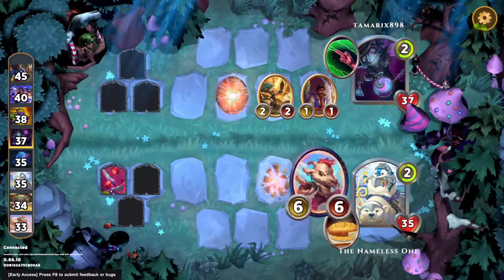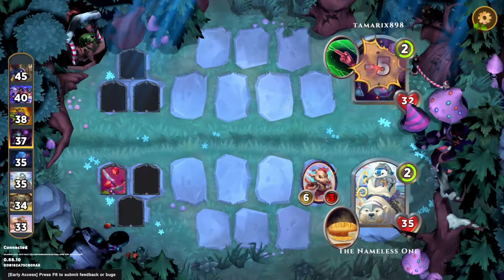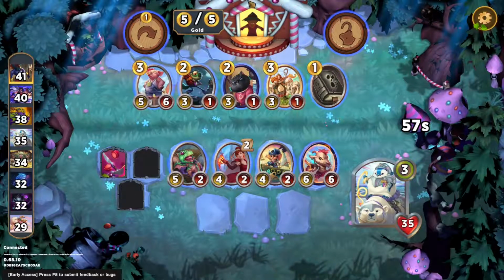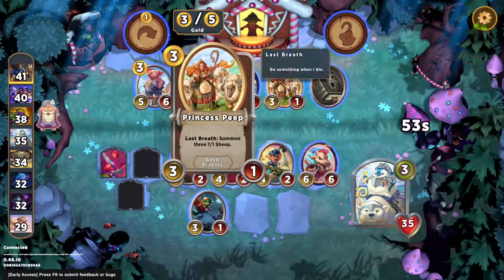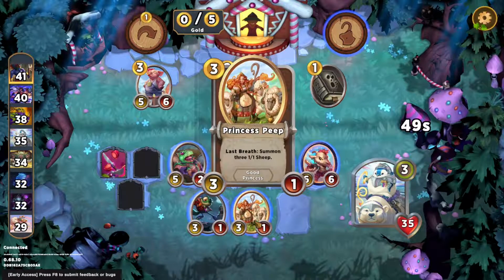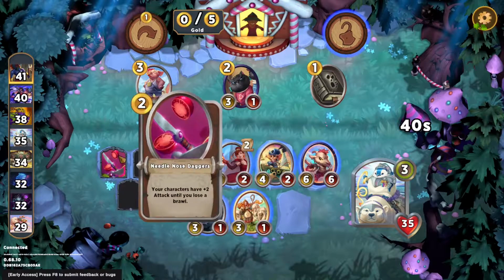I know that I have less characters here, but no, the same amount of characters somehow. Oh, because of the ranged attack. Still, a 6/6 is big enough for now. So, a Polywoggle, and I guess a Princess Peep. Yeah, Princess Peep is very nice. She spawns 3 sheep, each with 3 attack. It's quite nice. As long as you have Needle Point Dagger. Anyway, Needle Nose Dagger? Needle Nose Dagger,